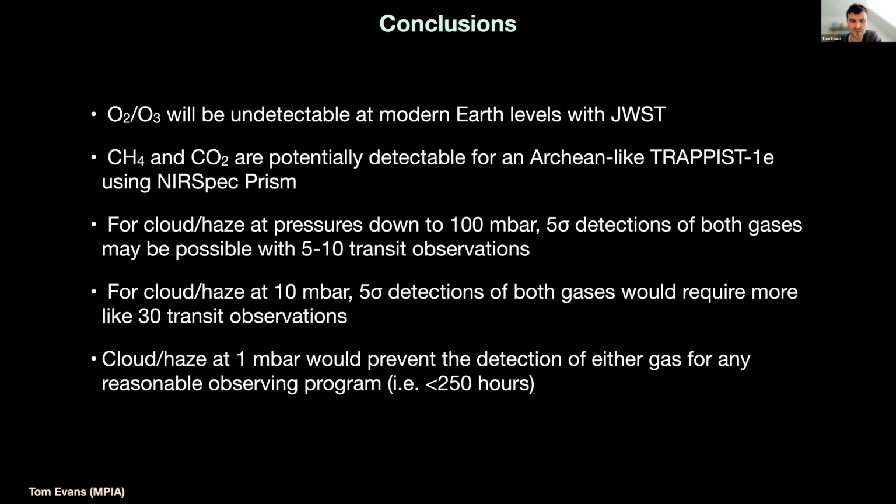Maybe the one reason I'm a bit optimistic, though, if there was to be a larger multi-transit program of a planet like TRAPPIST-1e, is based on that plot I showed with the 30 transit co-adding of noise. The precision that it ends up reaching seems quite plausible based on our experience with HST, where we have binned multiple transits down to similar precisions, and in a few cases that noise has been quite well behaved, or at least the pattern that we see in the data can be explained by quite plausible models.